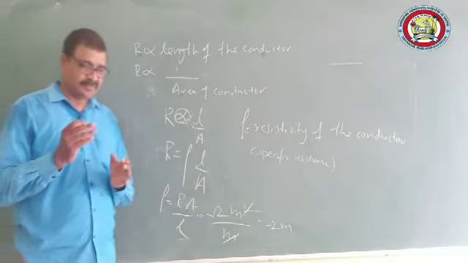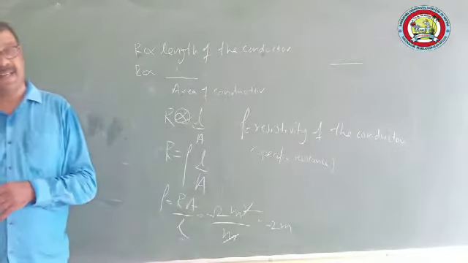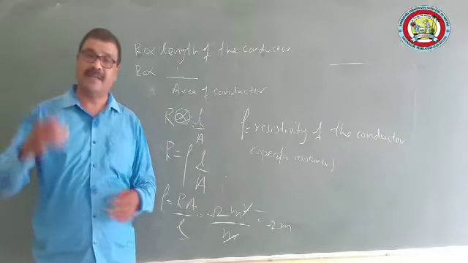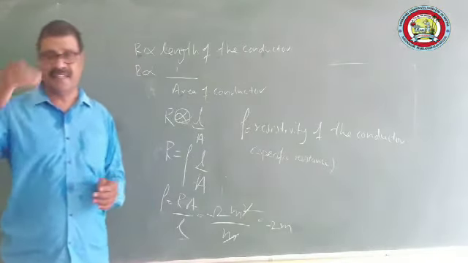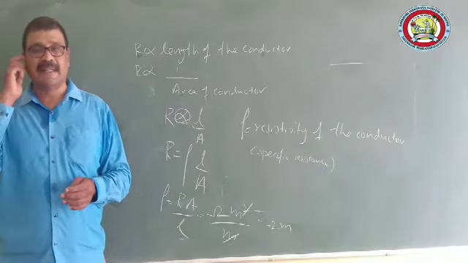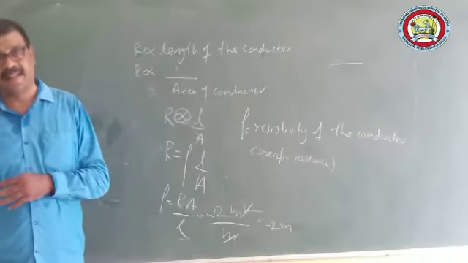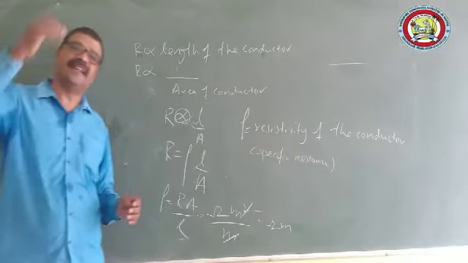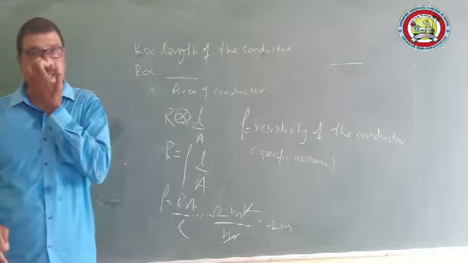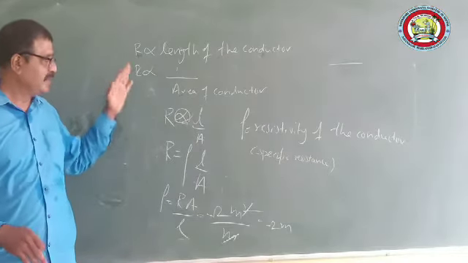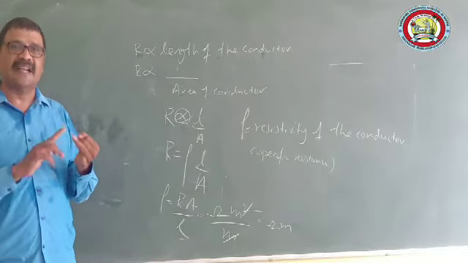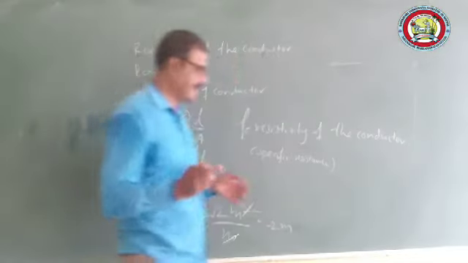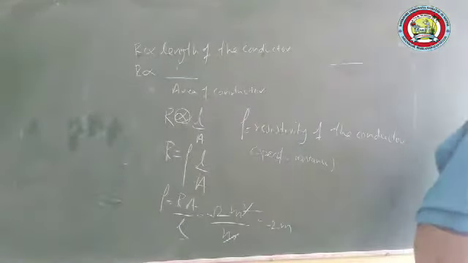So this is the inherent character. I already told you, it depends upon the material of the conductor. If the resistivity of the conductor is very less, then we say that it behaves like a conductor. If the resistivity is very high, then we say that it behaves like an insulator. So with this we have introduced two new quantities today, that is resistance and resistivity. So we go to the next topic.